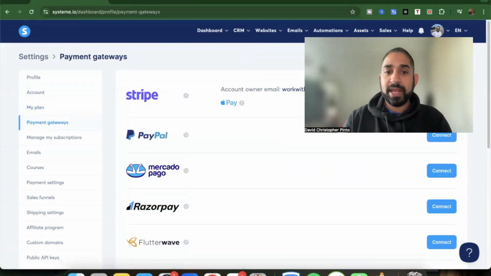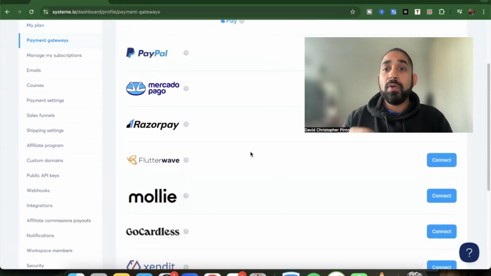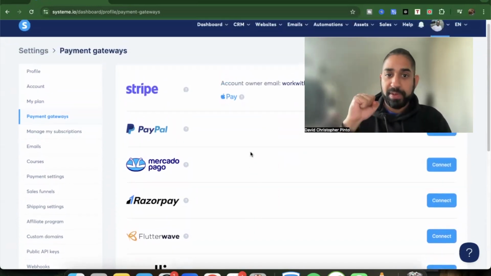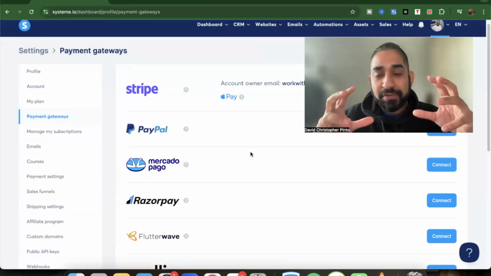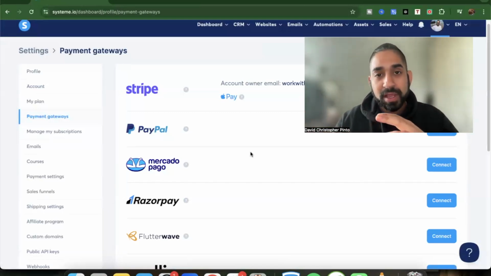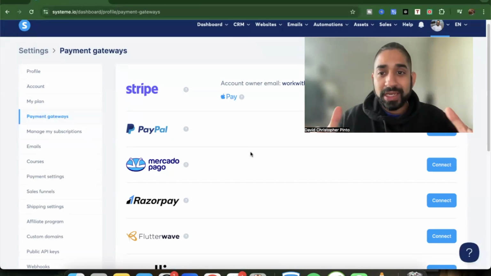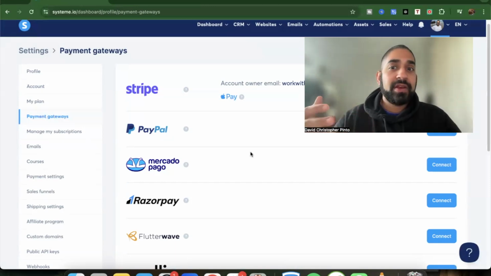As you can see, the payment gateways available here are only if you are actually getting a payment yourself. So if you are creating a digital product and you want to receive payments, then setting up a payment gateway is important. If you are an affiliate marketer, as this course is teaching you guys, and you're taking that affiliate product, and the affiliate product is on a network like ClickBank or Warrior Plus or wherever, then you do not need to set up really anything with regards to payment plan,